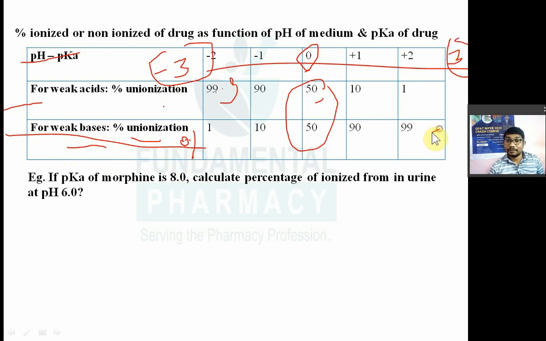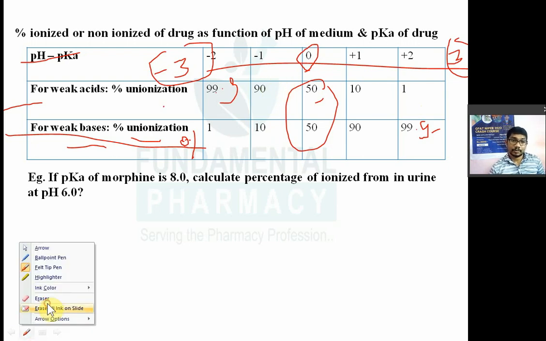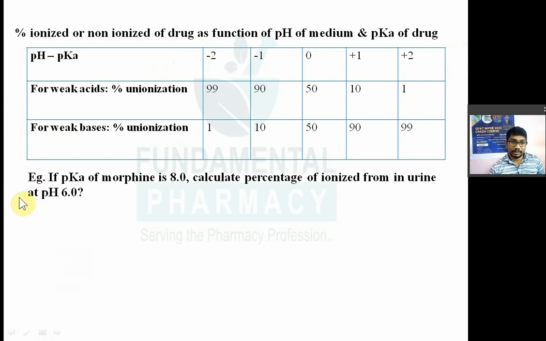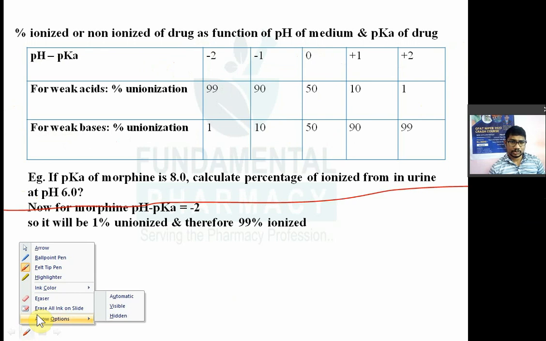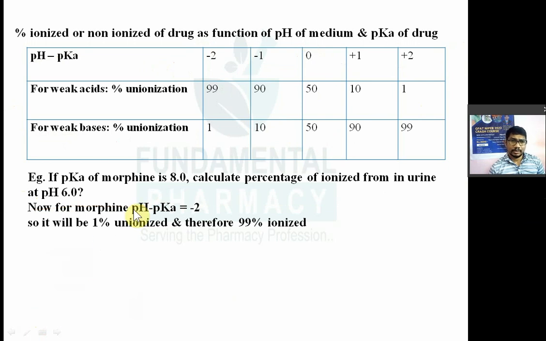आपको pH minus pK करना है, देखो कितना होता है pH minus pK, 6 minus 8 कितना आएगा, -2 आया, ठीक है। अभी ये वैल्यू आ गया आपको चार्ट में। जैसे क्वेश्चन आता है चार्ट ड्रॉ करना है, pH minus pK करना है। तो pH minus pK कितना है, यहाँ पे -2 कहाँ पे आएगा? आपका ड्रग क्या है, देखो ड्रग है मॉर्फिन। व्हाट इज मॉर्फिन? मॉर्फिन इज अ वीकली बेसिक ड्रग।